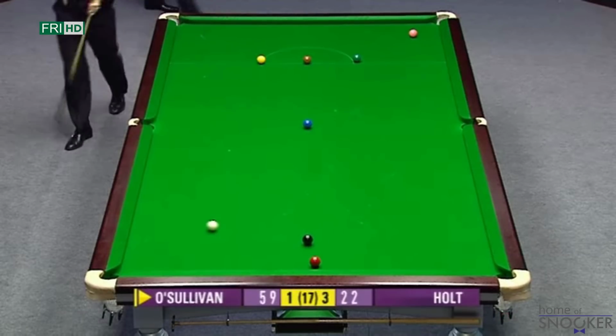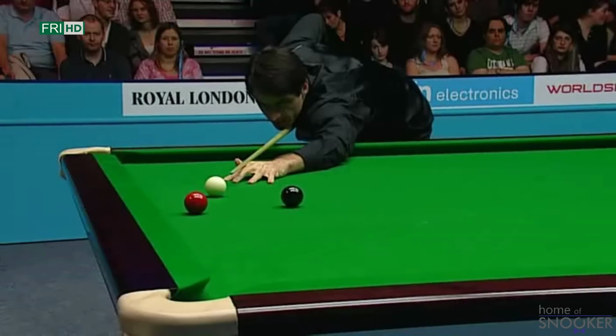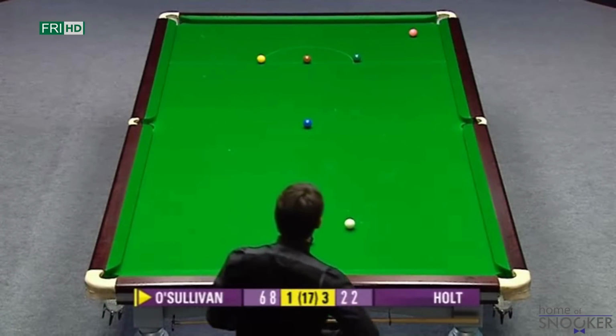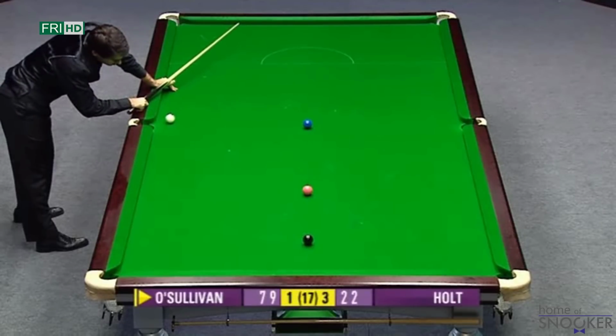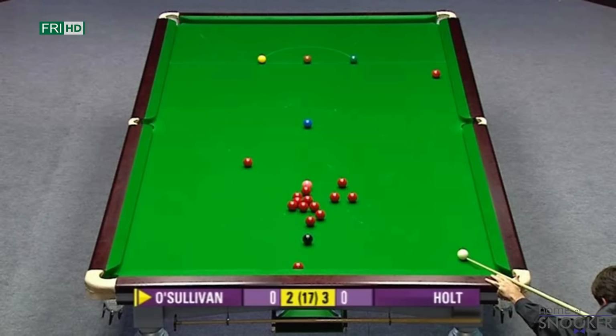Great pot. What a pot. To get position on the black. So it's a frame that could have drifted away from... Foul. Ronnie O'Sullivan, in off the ground, but it won't matter. Michael Holt...